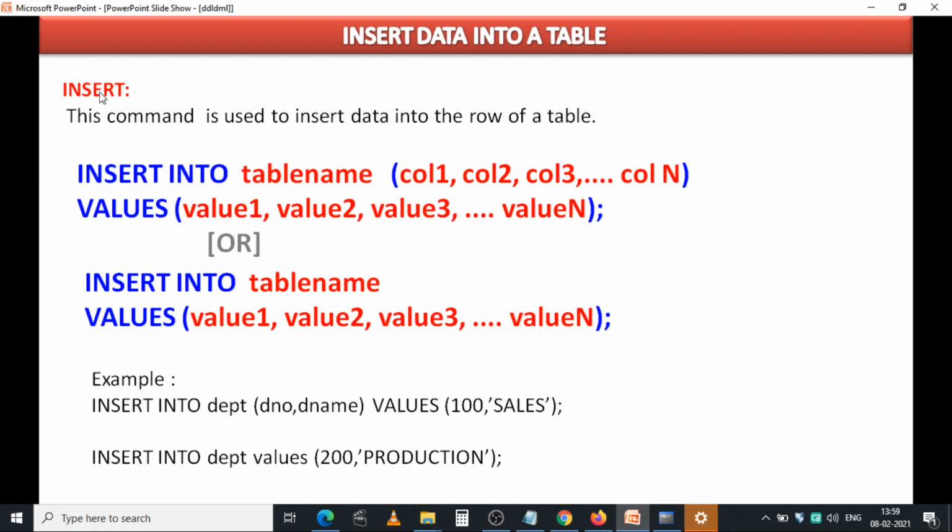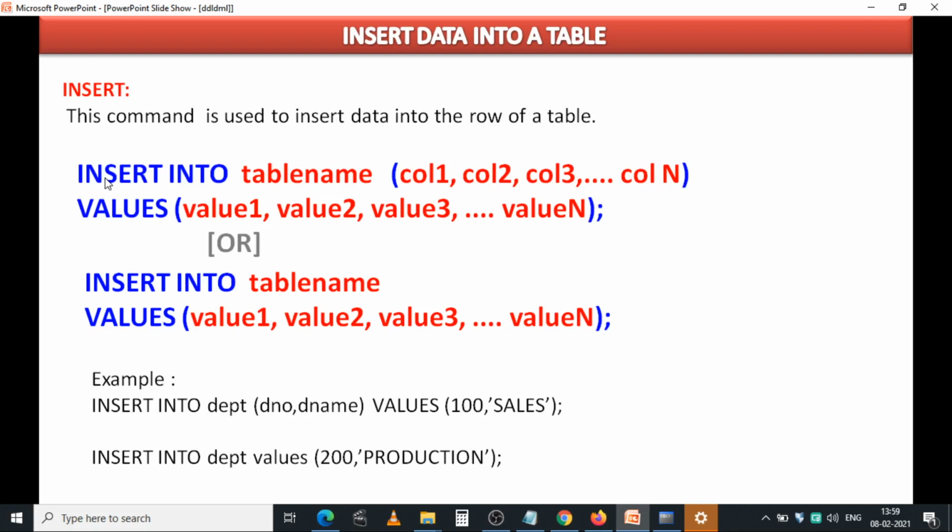Coming to the insert command. The insert command is used to insert data into a row of the table. Just see this syntax. This command is used to insert a single record at a time.